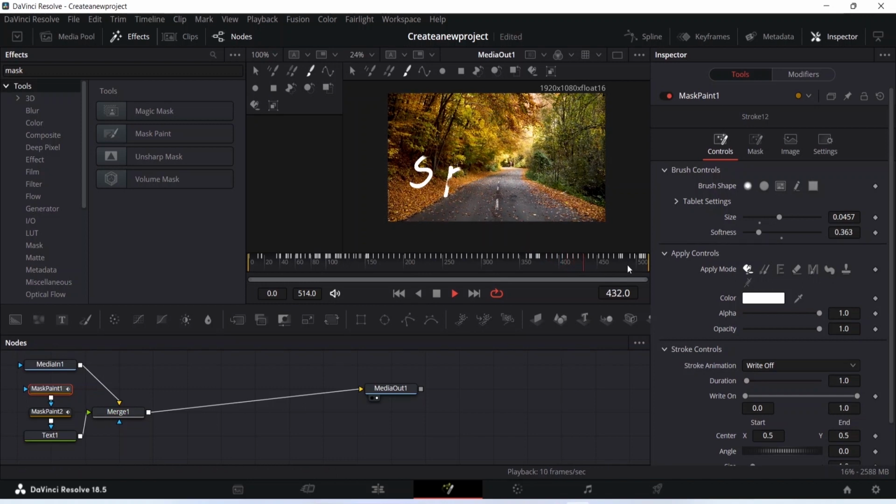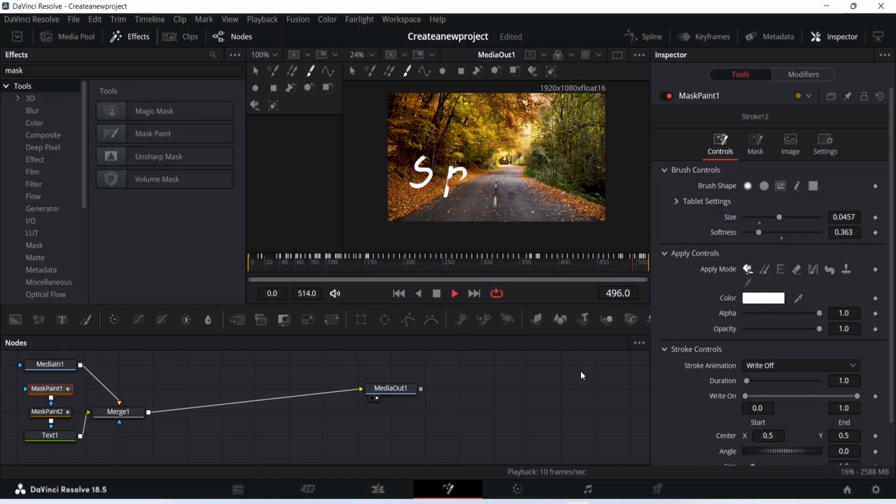So I hope you have understood how you can create the handwriting effect with the use of DaVinci Resolve software,